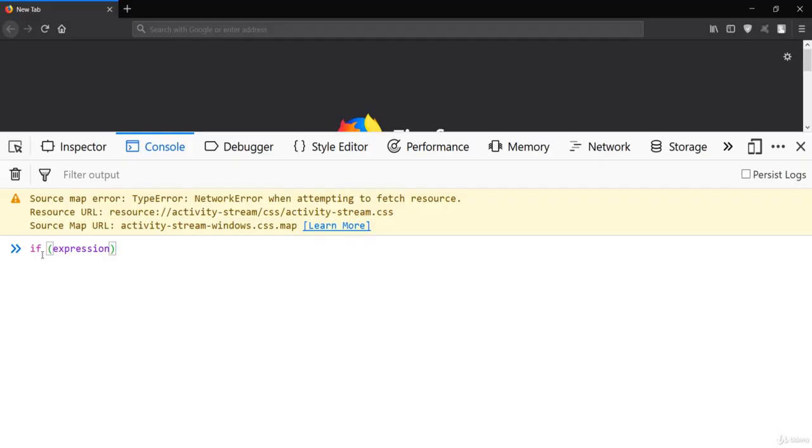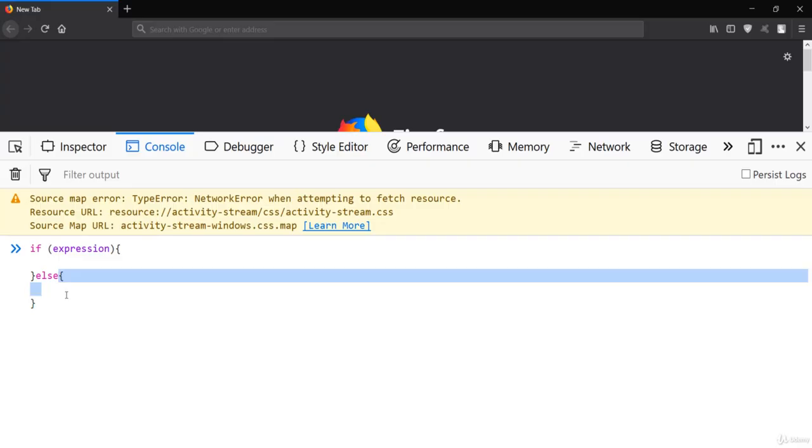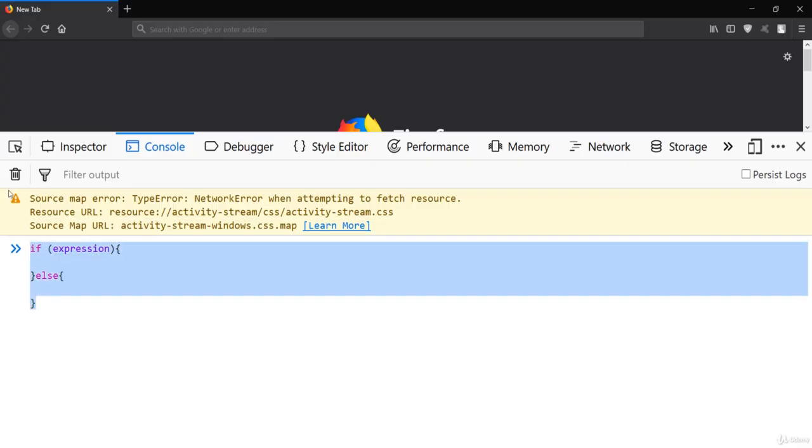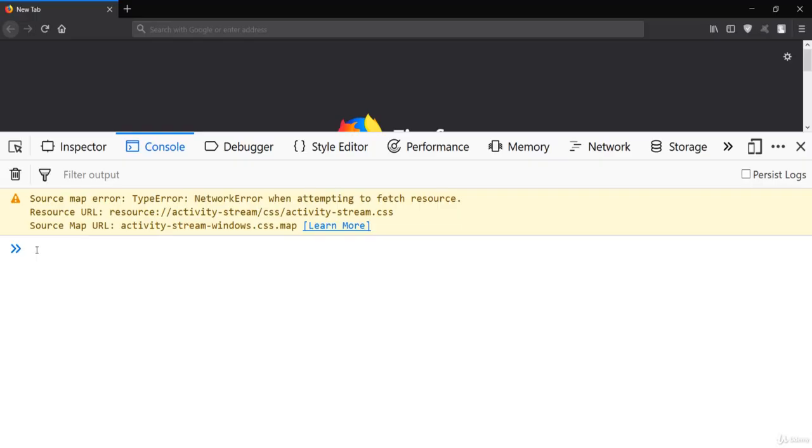After that you give a block that notifies that you are executing some statements. If the expression is true, the code inside this block will be executed. If it is not, the code inside the else block will be executed. So let's see an example right away.